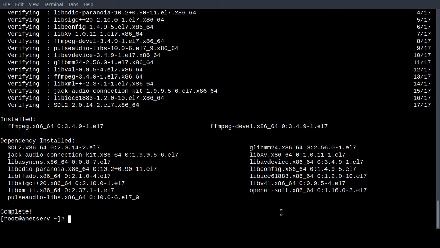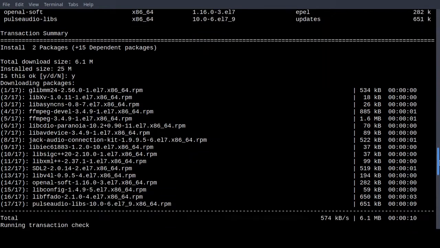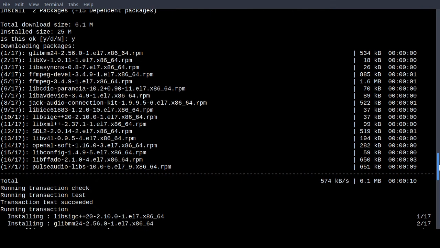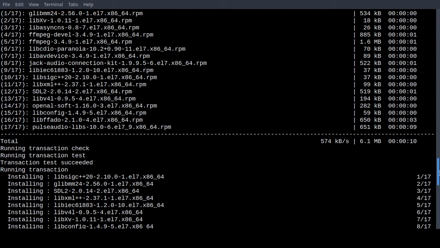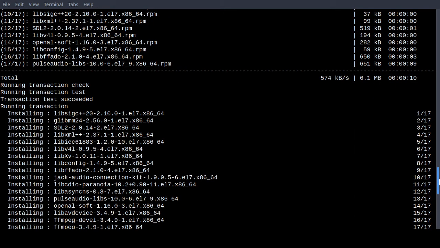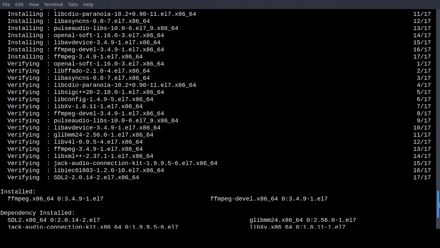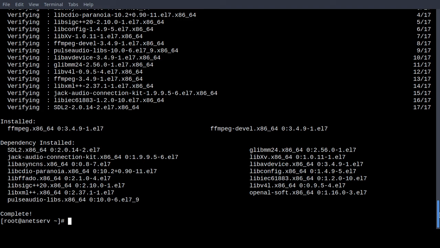See? No errors. Now, as you can see on screen, you're going to see these messages. These are all the packages that it downloaded. It didn't take that long at all, just a few seconds for all of them. And then running transaction check, running transaction test succeeded, and then running transaction, installing each package, including dependencies, verifying, and then a cleanup. Installed the first 2 packages, and then the dependent packages in order to use ffmpeg. And complete. So as long as you see complete, you're good to go, and it should take you back to